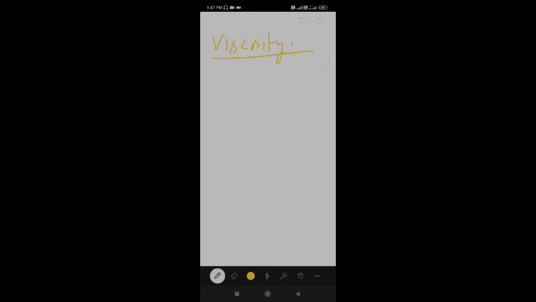See here, viscosity is something related to the velocity gradient. All of you know that. It means whenever you consider any fluid, different types of fluids, some fluids flow very fast, some fluids flow very slowly. What is the reason for that? There is a change in the viscosities of those fluids. It is something like friction between the different layers of the fluid.